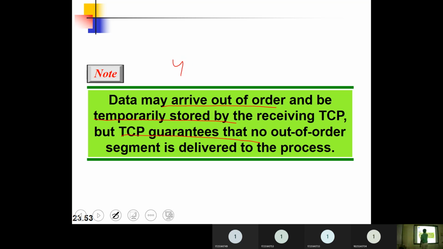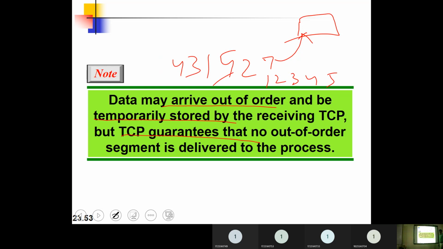For example, I have received 4, 3, then 1, 4, 2, and here 5, 7, something like that. You are not delivering it directly like this to the application process, but TCP will rearrange this as 1, 2, 3, 4, 5, and these segments will be delivered to the application process.